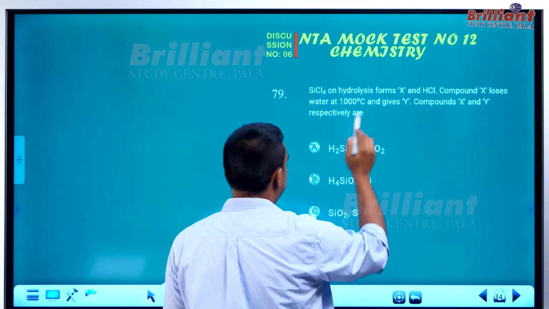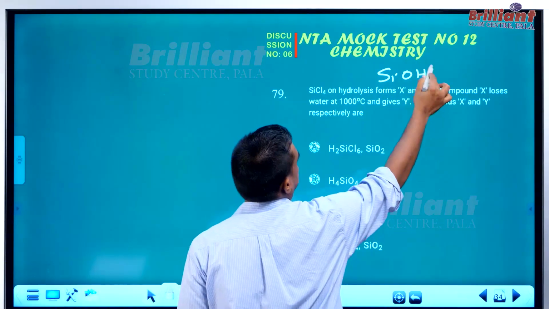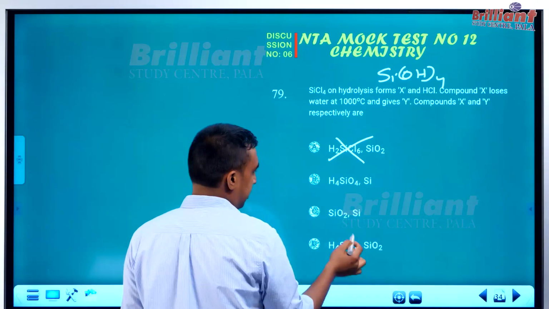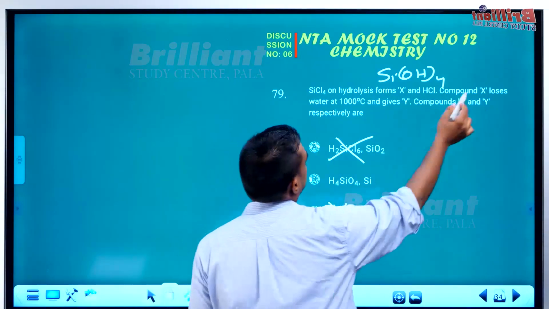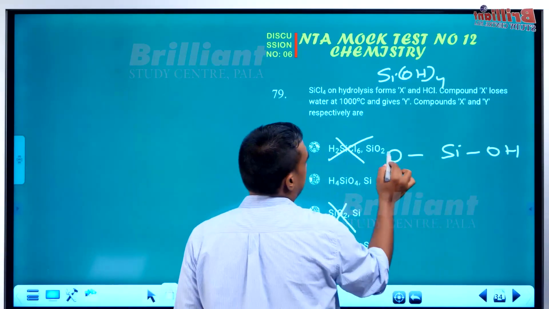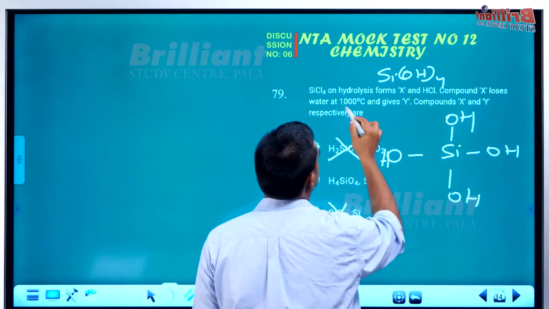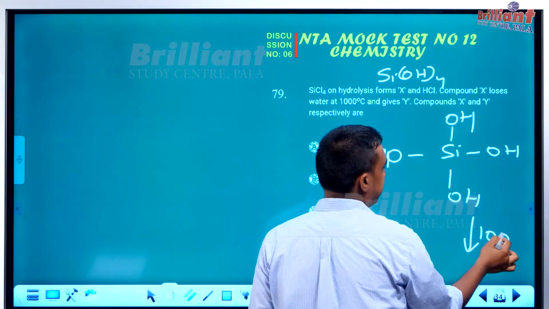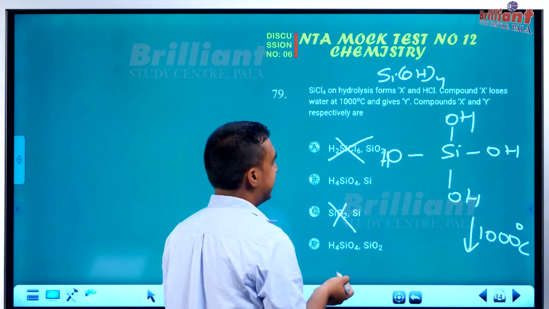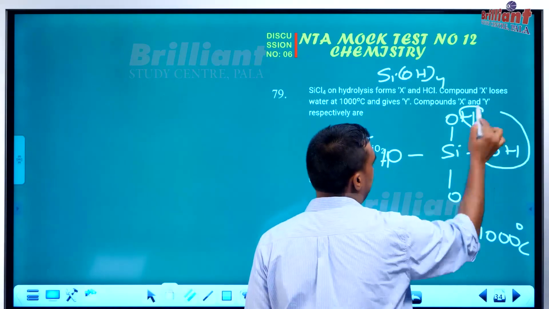SiCl4 on hydrolysis forms X. ഇത് നമ്മൾ NCERT textbookൽ കണ്ടേക്കുന്നതാണ്. So X is Si(OH)4. Si(OH)4 എന്ന് പറയുമ്പോഴത്തേക്കും this is wrong and this is also wrong. Compound X loses water. Si(OH)4 loses water at 1000 degrees Celsius. അപ്പോൾ 1000 degree Celsiusൽ നമ്മളിത് ഹീറ്റ് ചെയ്തു and gives you Y. Compound X and Y are. X എന്താണെന്ന് നമ്മൾ പറഞ്ഞു. അപ്പോൾ വാട്ടർ ലൂസ് ചെയ്യുകയാണെങ്കിൽ H2O ഇങ്ങനെ പോവാം,